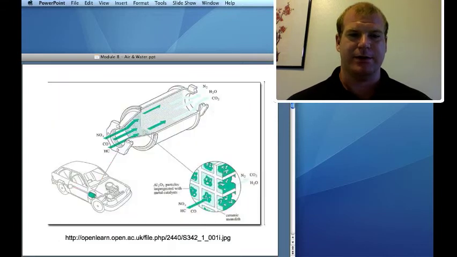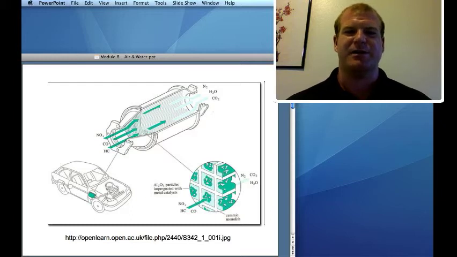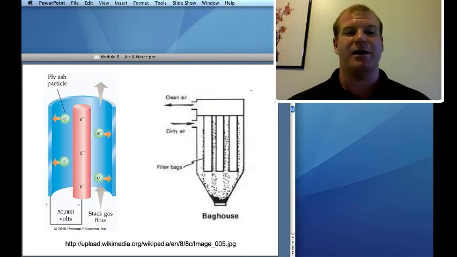Now, next slide. Yeah, here is a catalytic converter. Think of a catalytic converter like a honeycomb that has little particles. They look like little soccer balls if you look at them under an atomic microscope. These little soccer balls in a honeycomb, this tiny zeolite honeycomb, as the nitrogen oxide, carbon monoxide, and hydrocarbons go through, they react and form safer substances coming out.